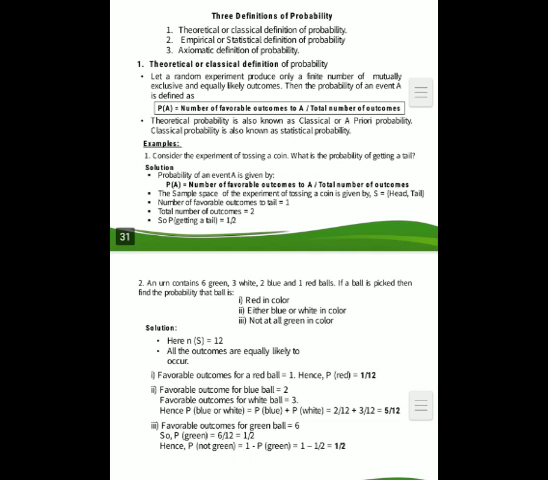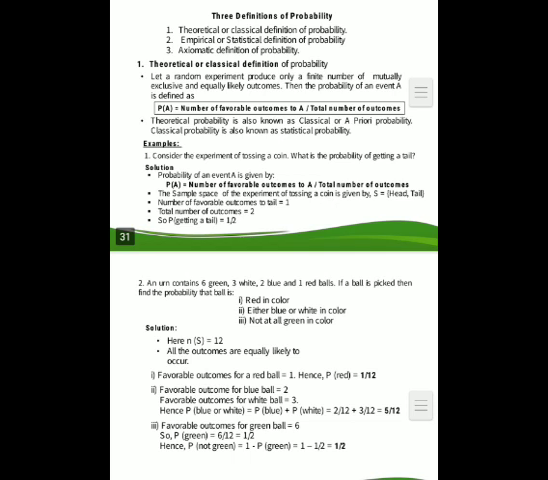1. Theoretical or classical definition of probability. Number 2. Empirical or statistical definition of probability. Number 3. Axiomatic definition of probability. Theoretical or classical definition of probability. Let a random experiment produce only a finite number of mutually exclusive and equally likely outcomes. Then the probability of an event A is defined as